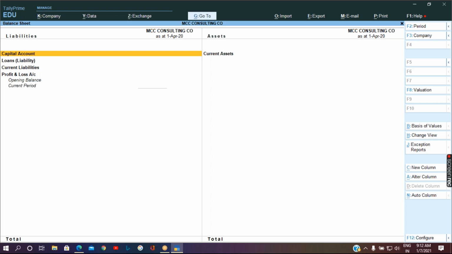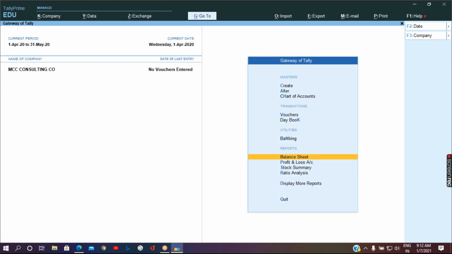Okay, so always try to find solutions for your requirement in the same Tally screen itself. Either you can find the solution in the shortcut keys, or you may press F12 in that same screen, and you will be able to find the relevant options. So it may solve your problem.